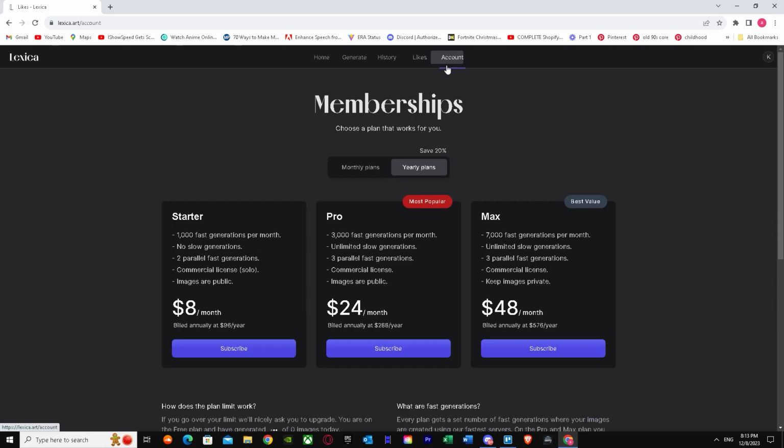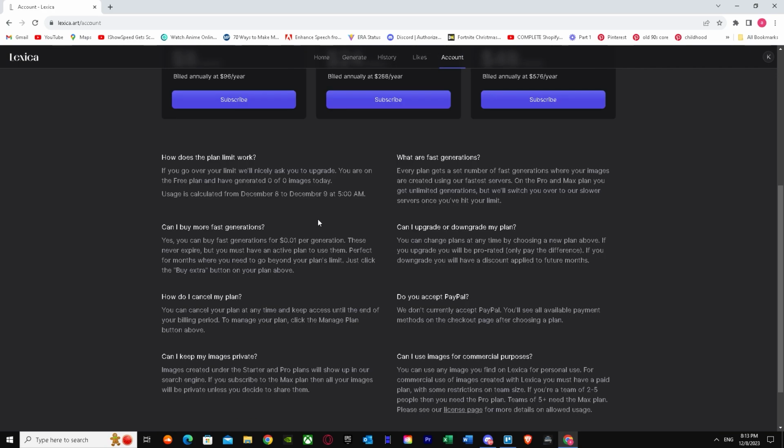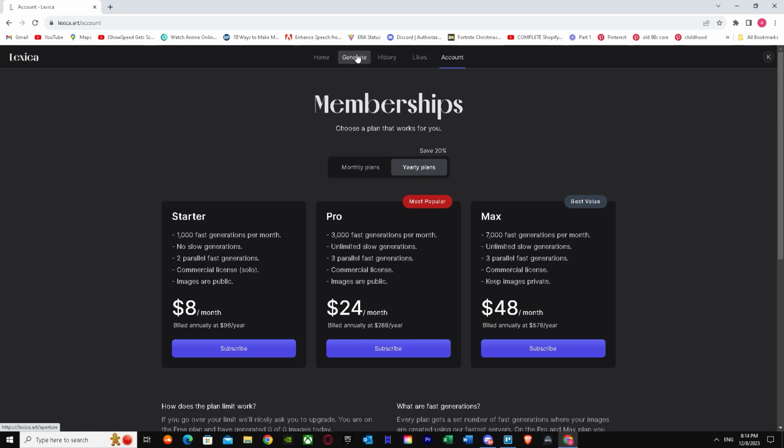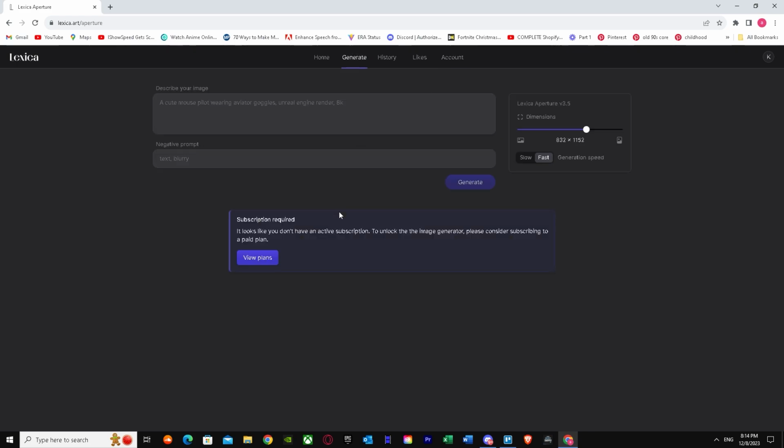Let's go to account. That's basically membership. We'll get onto it later. For now, let's go to generate. In generate, as you can see, it's pretty basic how you can generate pictures. You have to describe your image first. They have given an example: a cute mouse pilot wearing avatar Google's Unreal Engine render 8K. You can do something like this too, just like Spider-Man